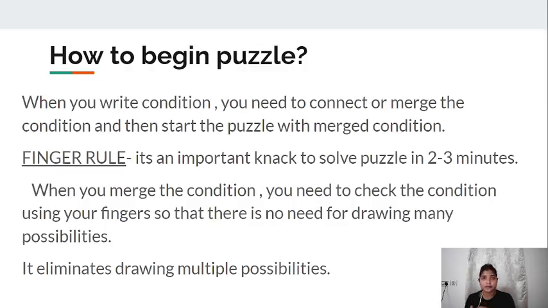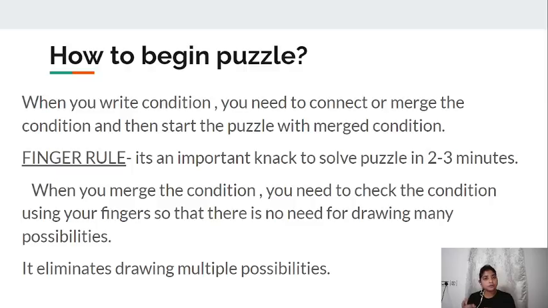And start from there. And if you have no idea from where to start, then start with the condition which has a lot of gap between them. If we have one person sitting between A and B, and another condition where there are 5 people sitting between C and D, we will choose the C and D condition, because they have a big gap between them, and that will actually give you the idea to go to the next step or next level in the puzzle.